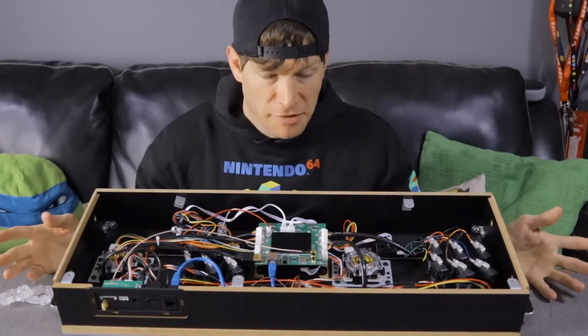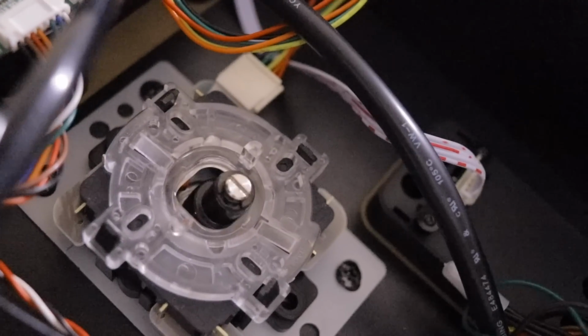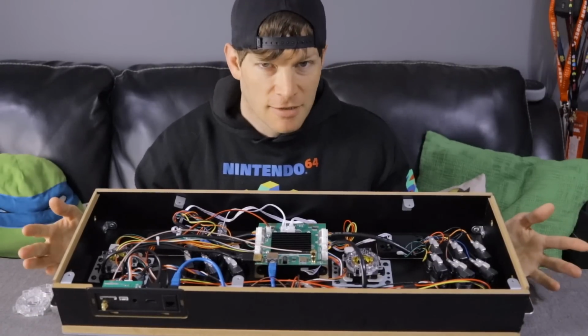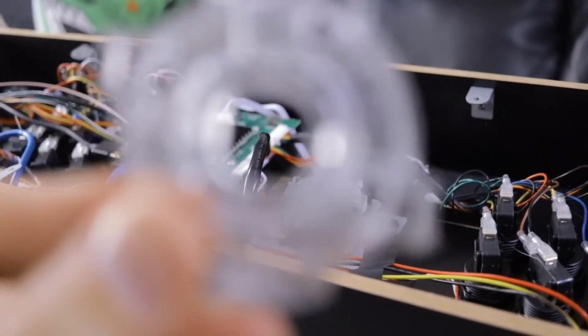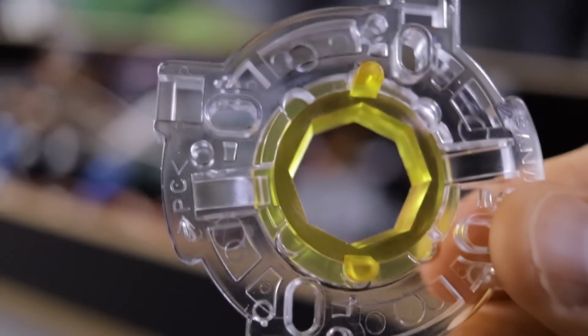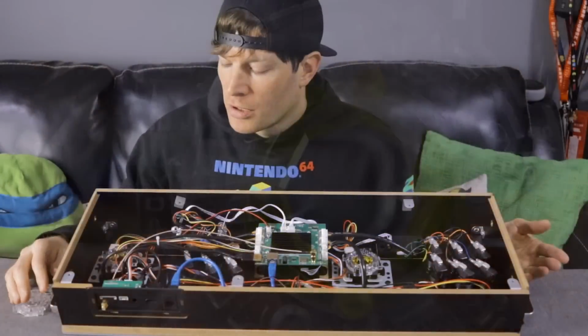Alright, the next upgrade we're going to be making to our joysticks is we're going to be replacing the stock restrictor gates. Now, these stock restrictor gates are square shaped. Nothing wrong with them, they still allow for diagonal movement. However, if you're used to playing fighting games in particular, you're oftentimes going to be desiring something a little more free moving as far as your range of motion, so something like either a circle restrictor gate or an octagonal restrictor gate. My personal preference is the octagonal restrictor gate, so that is what we're going to be installing, but